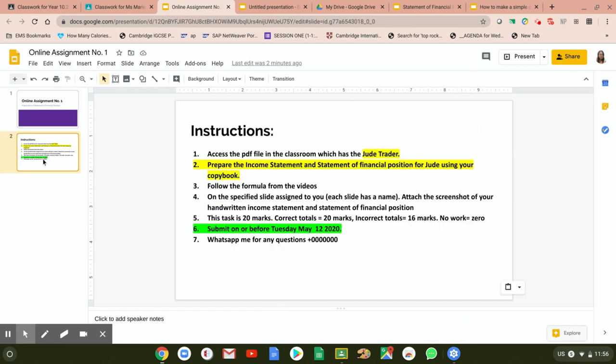So now we have instructions. Here I make it pretty clear to my students. Here I have an attached PDF file because this is a question about statement of financial position. So they have a question related to that. So I attach that file as well in the classroom, but I'm going to explain it in the next video